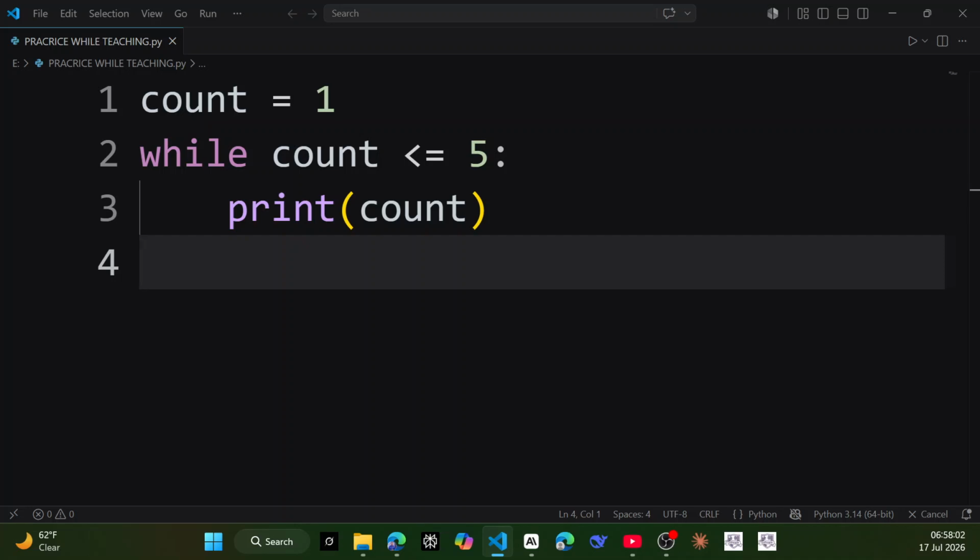Pattern 1, the counter. We shall have the counter. A variable ticks up or down by a fixed amount each time, purely to control how many times the loop runs. So count down, if we have something like